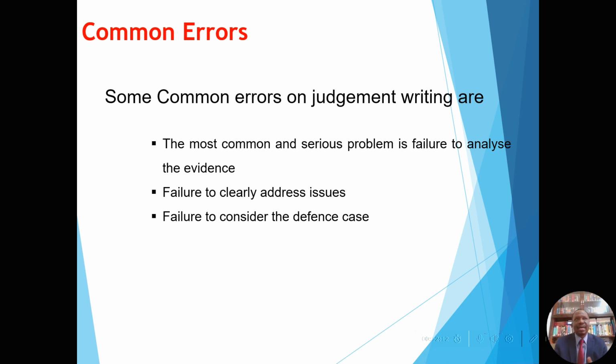I'll give an example. I normally say you have a murder case. In that case, there is a post-mortem report, there is a weapon that was utilized, and there are also witnesses. How do you reconcile these? How does the post-mortem report relate to the weapon that was used in the murder case? How do you connect it with the testimony of the witnesses who came before the court? Trying to connect and relate those is something you can easily do when you are analyzing the evidence that was presented before the court.